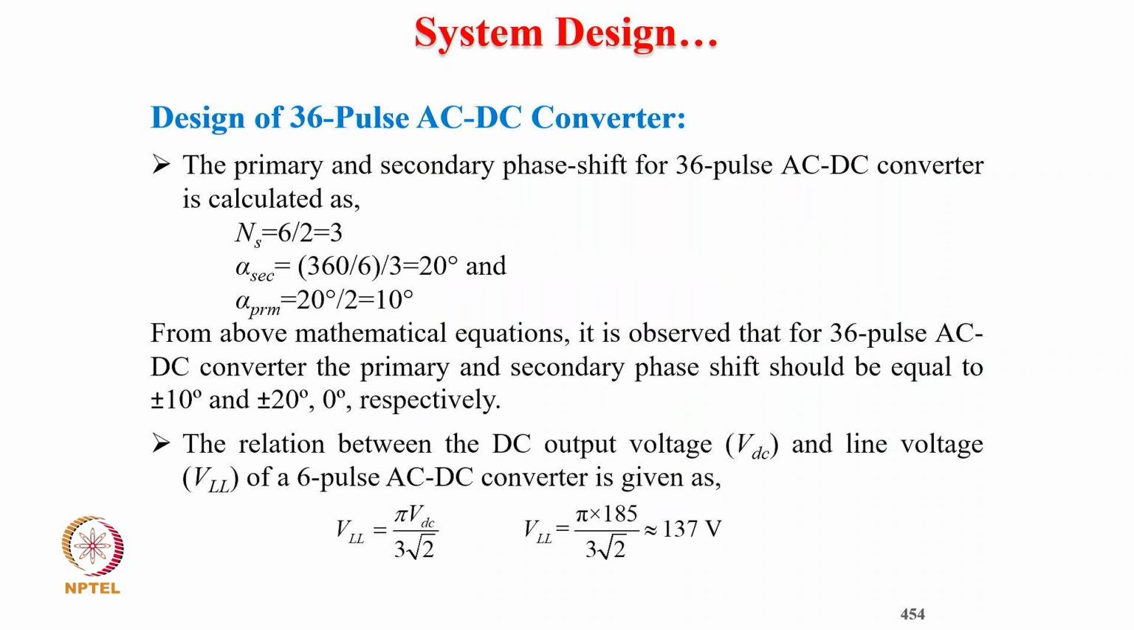Coming to design of the 36 pulse AC/DC converter, the primary and secondary phase shift is calculated, and is equal to 6 by 2, that is 3 degree, alpha secondary 360 by 6 by 3, that is 20 degree, and alpha primary 20 by 2, that is 10 degree. From the above equations, it is proved that for the 36 pulse AC/DC converter, the primary and secondary phase shift should be equal to plus minus 10, plus minus 20 and 0 degree. So the relation between DC output voltage and line voltage of the 6 pulse AC/DC converter is VLL equal to 5 VDC upon 3 root 2, and that is VLL equal to 5 into 185 divided by 3 into root 2,